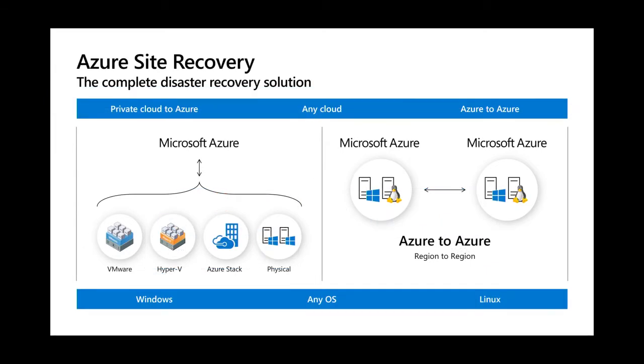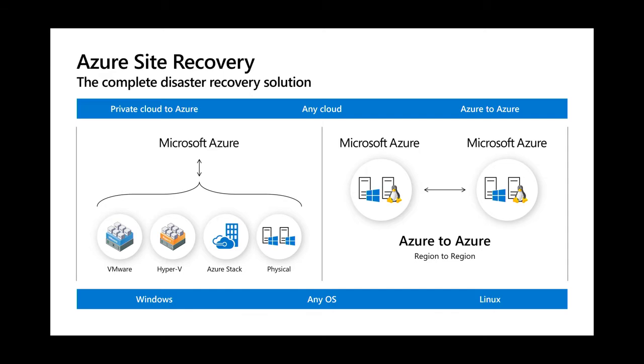I spoke to a couple of you just before I got on stage, and I understand that some of you may be new to Azure Site Recovery. So this is really the elevator pitch of what the product does. It's Microsoft's first-party DR solution. It allows you to replicate and fail over your applications on-premise or within Azure to an Azure region. You could have your applications running in a VMware environment or Hyper-V environment, or they could be physical servers, or you could even use Azure Stack. In each of these environments, you could fail them over to Microsoft Azure. Moreover, if you already are using Azure for your applications, you could fail over from one region to another.